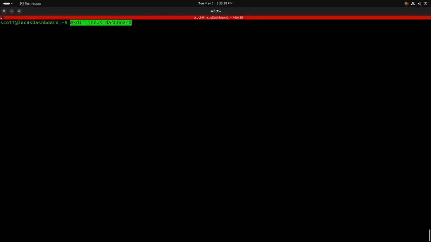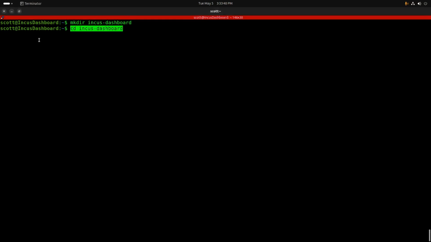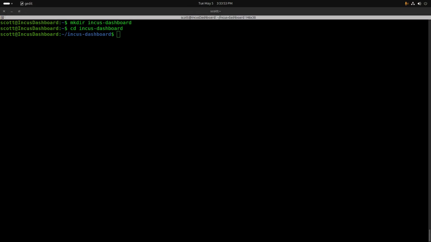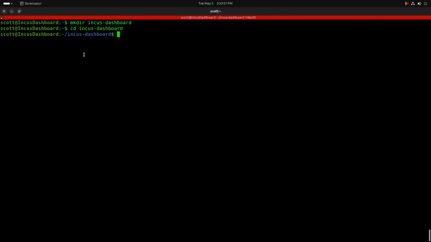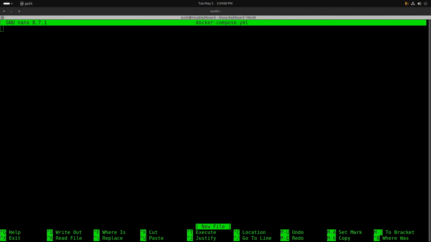Next step we want to do is to create a folder called Incus-Dashboard in order to put our application in it. And then the next thing we want to do is cd inside of the Incus-Dashboard, and then we're going to edit a Docker Compose file. So I do a nano docker-compose.yml, and then once I do that, I want to go ahead and grab my Docker Compose file template that